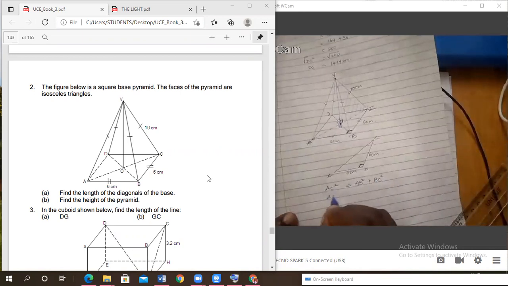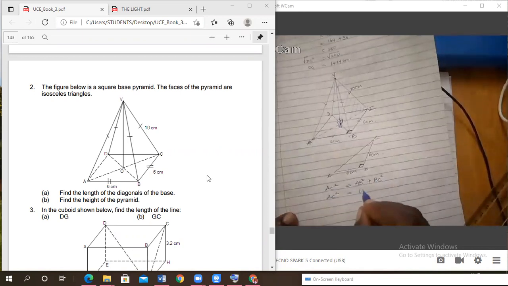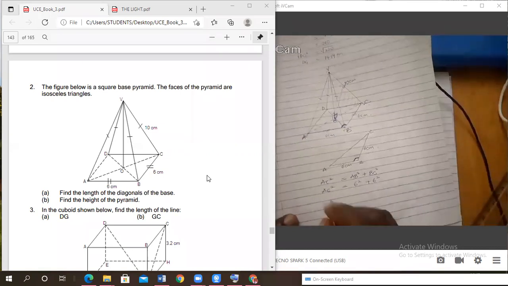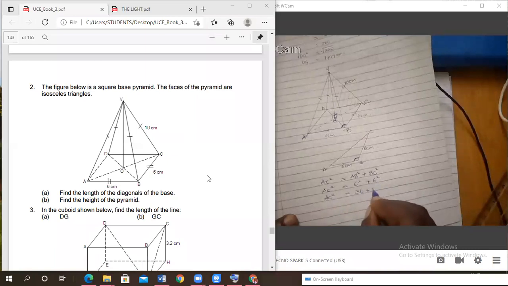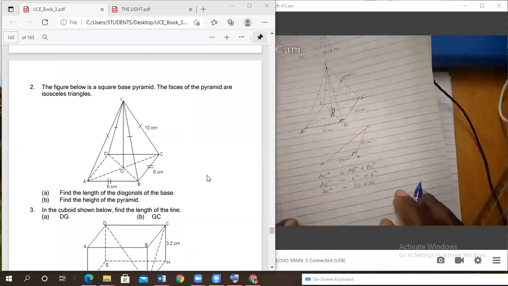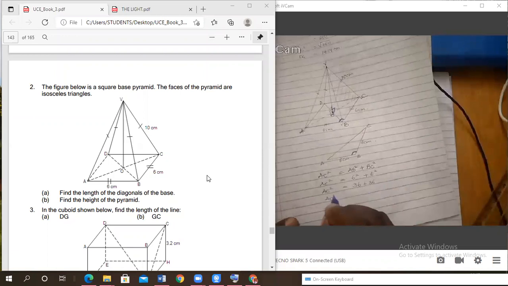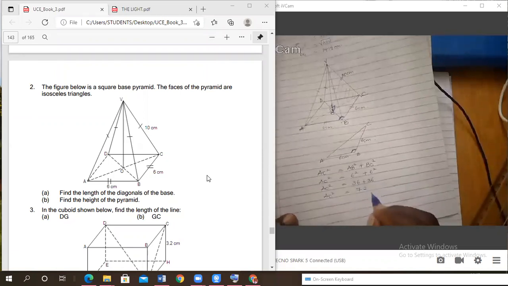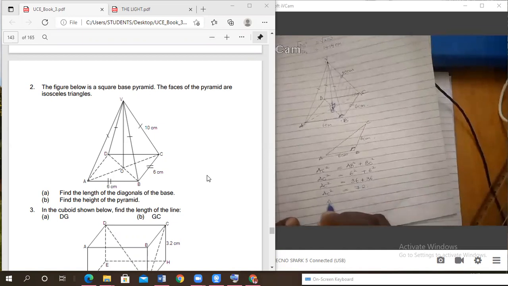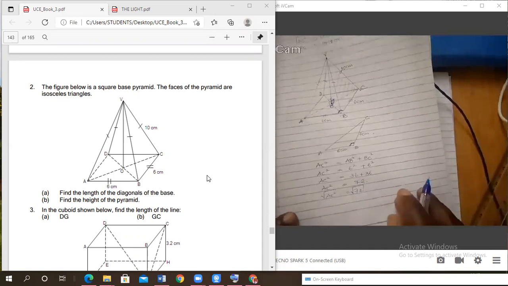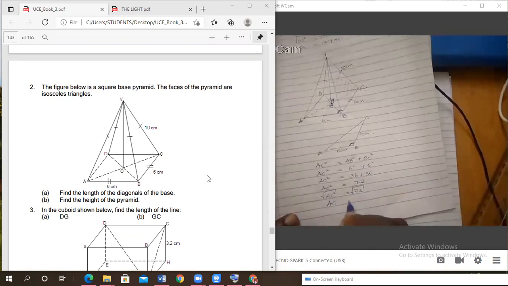So AC squared equals 6 squared plus 6 squared. AC squared equals 36 plus 36. So AC squared equals 72. And now we can find the square root on both sides. So AC equals,